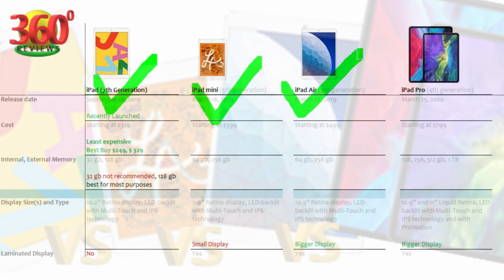However, if your budget is not much of a concern and you look for a mid-size or a large-sized display which can work both as a tablet and as a dedicated desktop laptop, then the iPad Pro is the option. Additionally, the weight of the Pro will be higher as compared with all other models. So please note, these are my personal recommendations and it might vary for your specific case. I'm hoping all this information which I have shared with you is useful to you and you will soon buy the best iPad which fulfills your requirements.